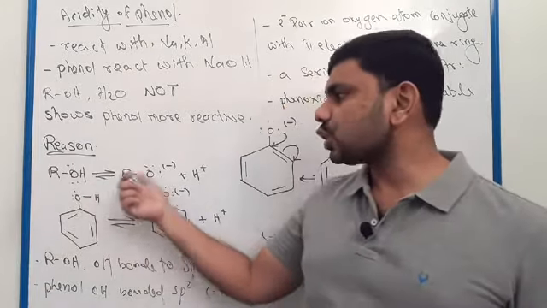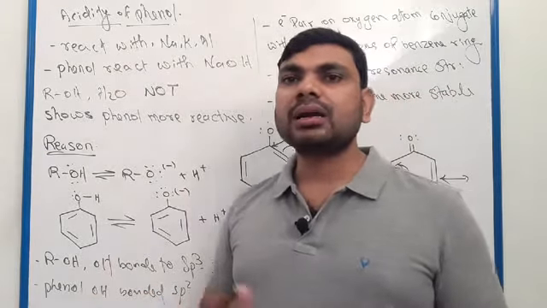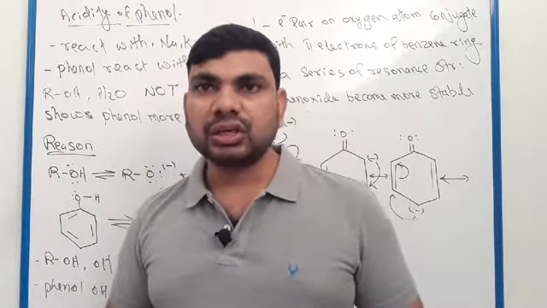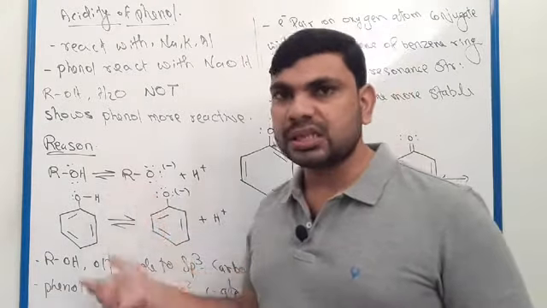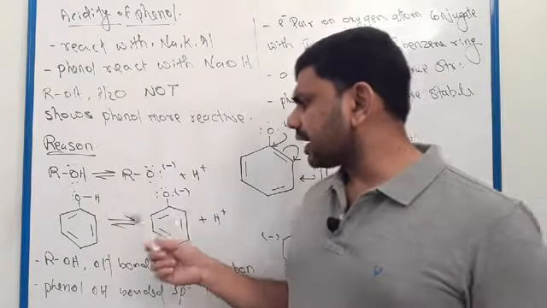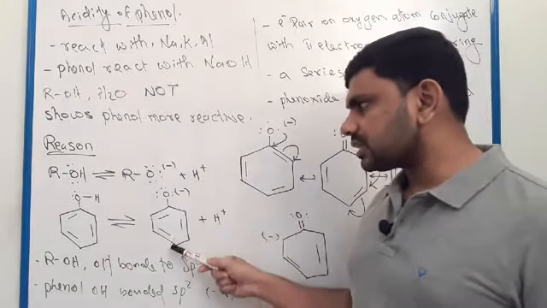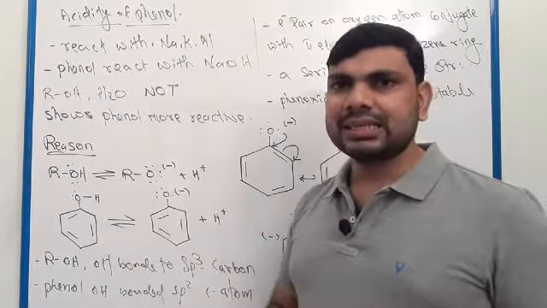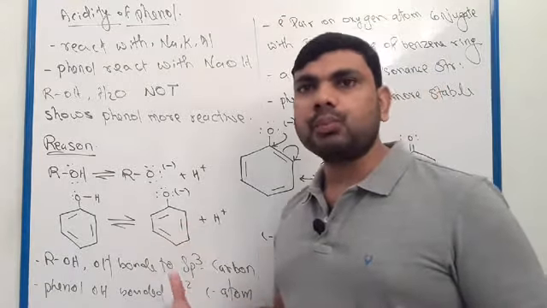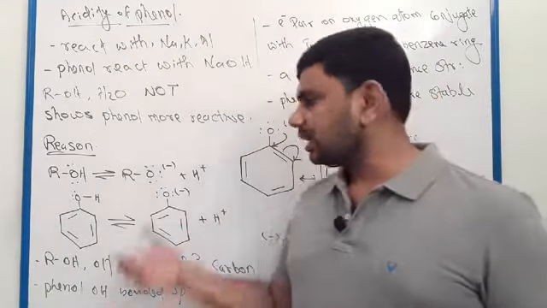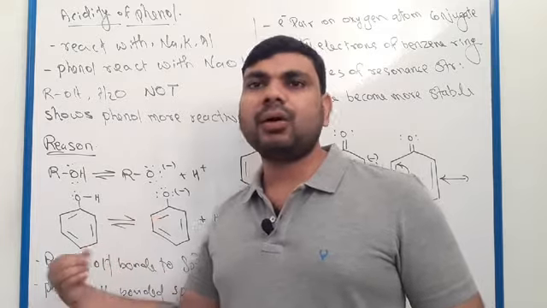This type of process does not happen in alcohol, and the alkoxide is less stable because there is no possibility of resonance structures. Because of resonance, phenoxide is more stable, so phenol is more acidic. So in this chemical reaction, this ion is more stable, so it is more acidic. This one is less stable, so it is less acidic. So acidity depends on the stability of the ions formed. The more stable the ion formed, the more acidic; the less stable, the less acidic. This is the reason behind the acidity of phenol.